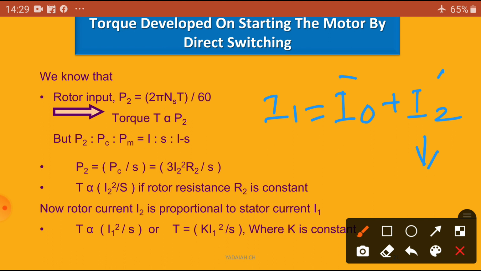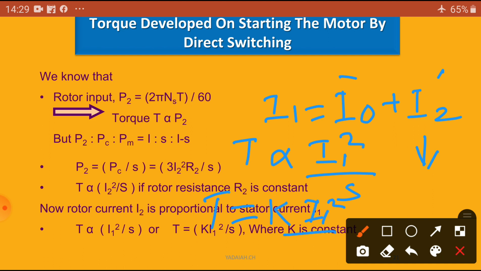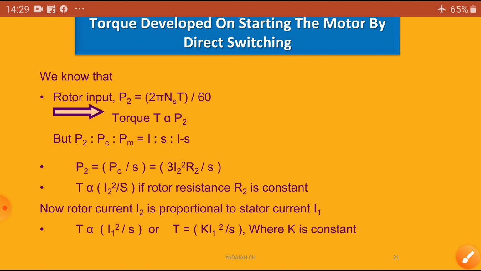Then instead of I2², I can write I1² by S. Taking the proportionality constant out, T is equal to some constant times I1² by S. Finally, T is directly proportional to I1² by S, or T equals K I1² by S, where K is the constant.